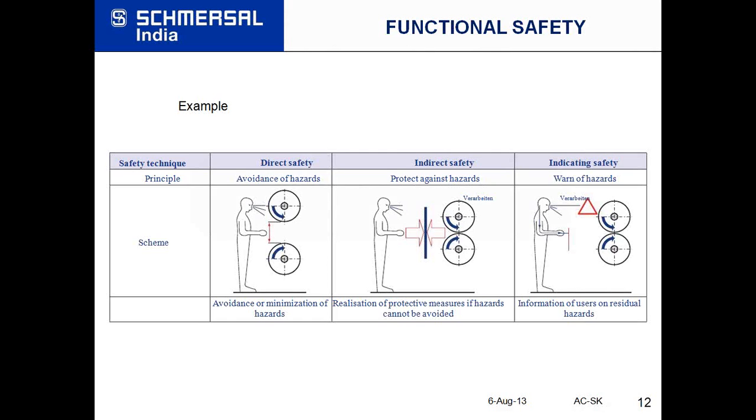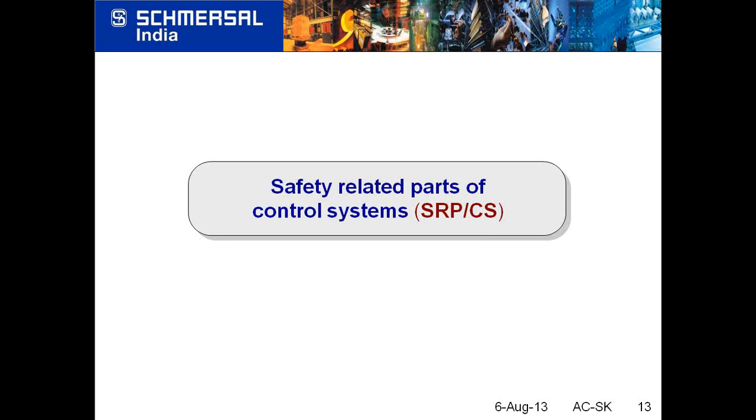Now I will discuss the control system. What does the control system for a safety system look like? And for this we have a very beautiful standard which was released in 2012. This is called EN ISO 13849-1. This was formulated way back in 2006, but then some transition time was given to all the people,